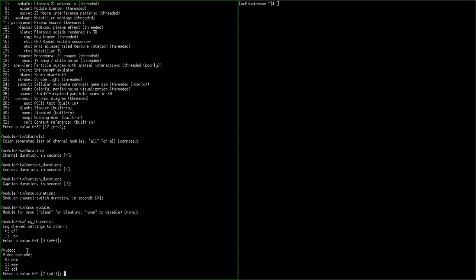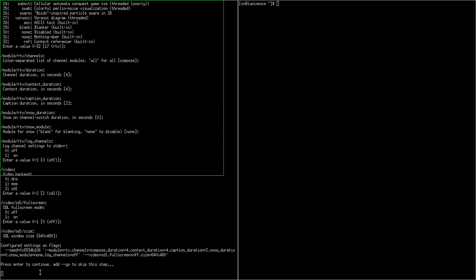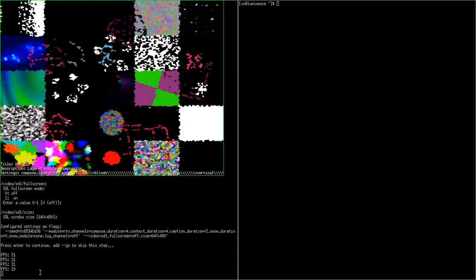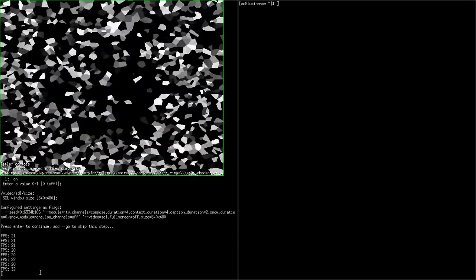For the video settings, it'll be SDL in windowed mode, 640 x 480, which is kind of small but pretty convenient for development purposes. And here we are. Now I'm going to hit escape to exit,